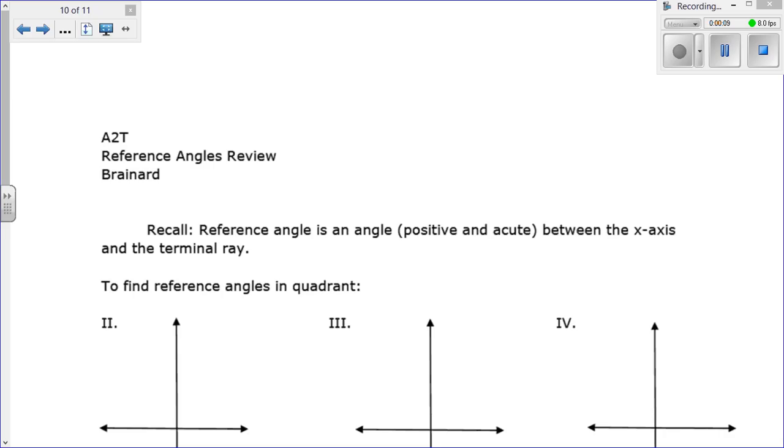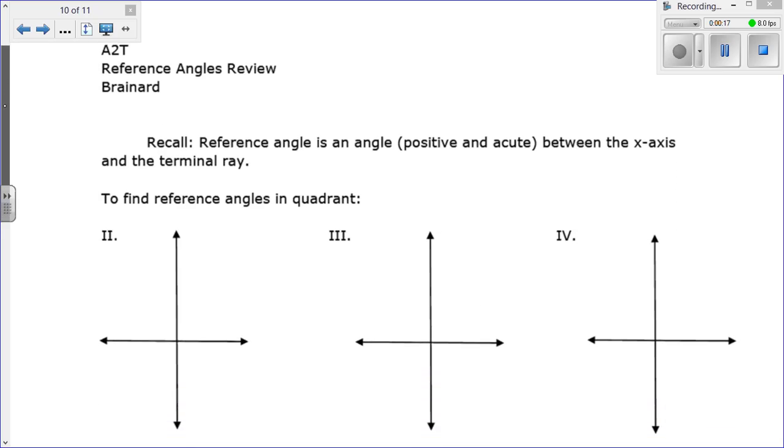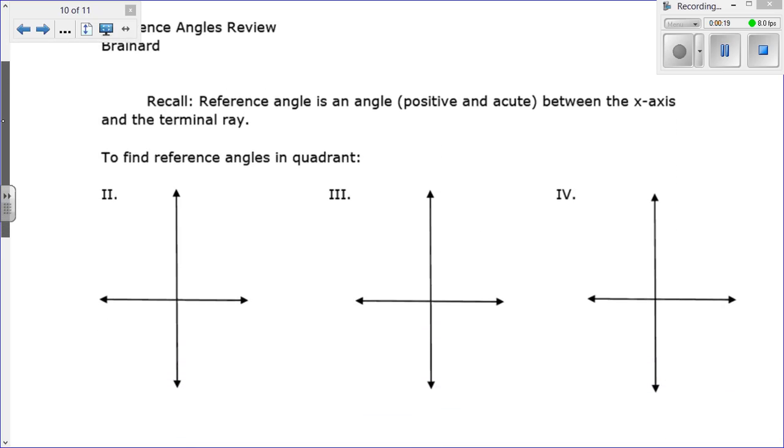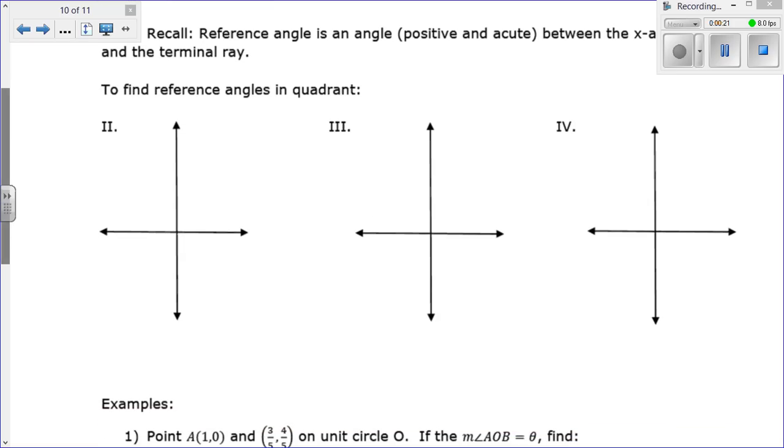Today we're going to work with reference angles again. So, reference angle we said is an angle which is positive and acute, and it's between the x-axis and the terminal ray. So, just to kind of review what we did yesterday, to find the reference angle in quadrant 2,